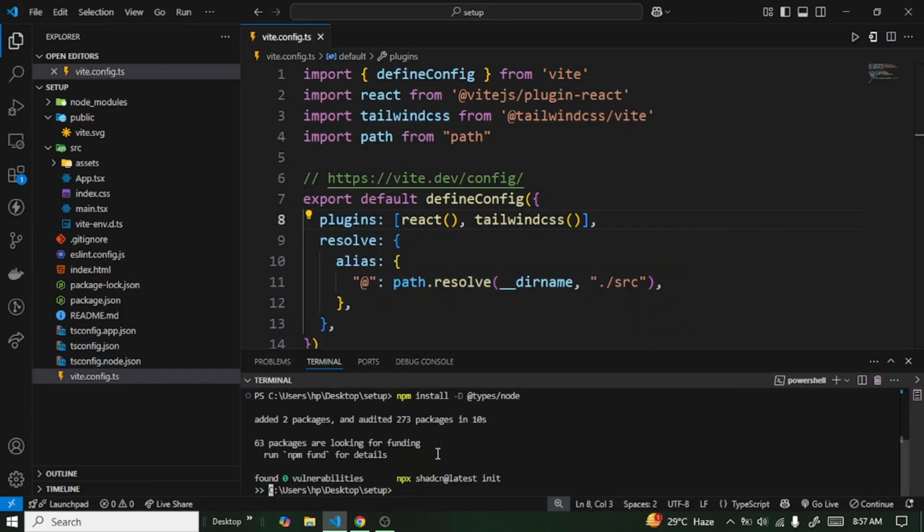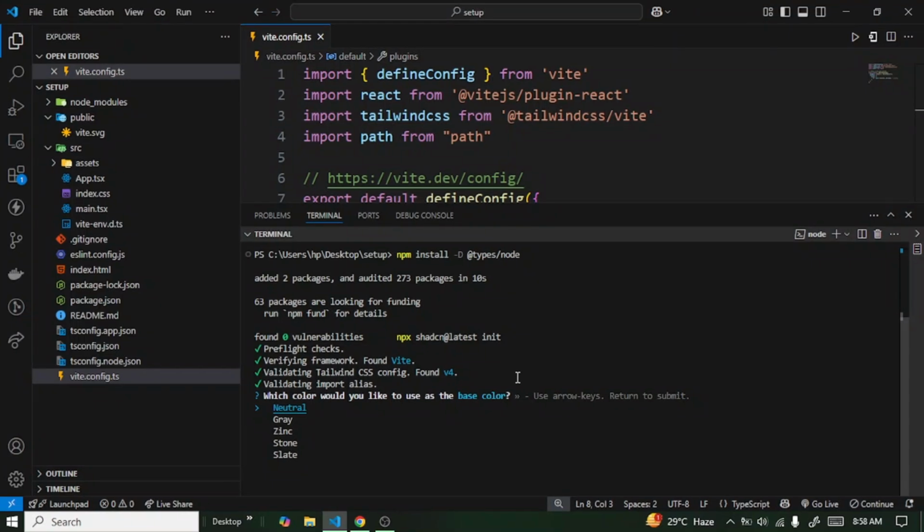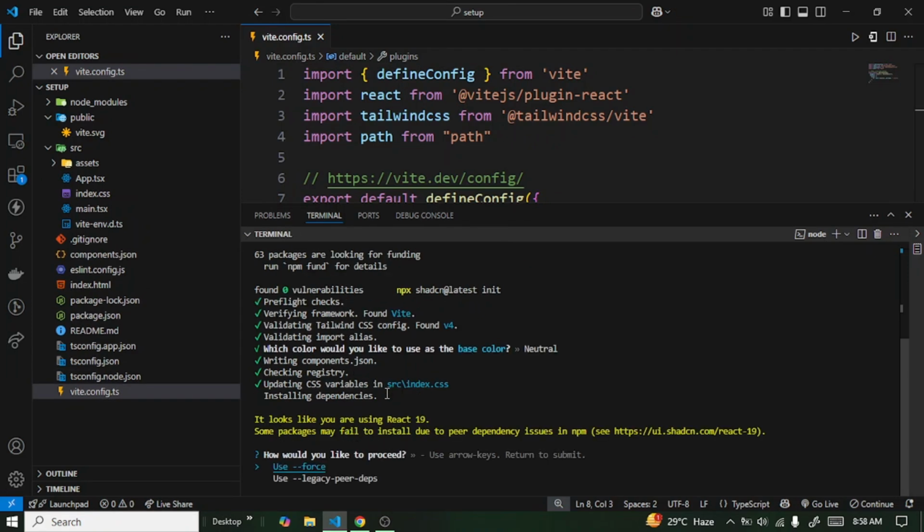here and then paste it. Okay, let's wait for it to finish. Once it's done, we are good to go. All right, so the first one says we should choose the base color, so I'm going to go with the first one. So press enter for that, and then it asks, it says we are using